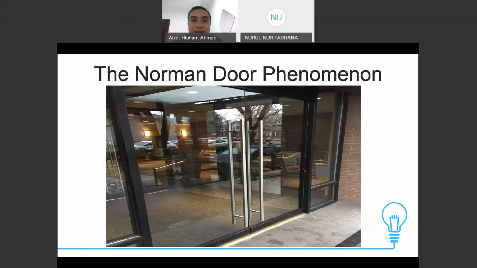Okay, all right, so let's have a look at this photo now. The Norman door. The Norman door phenomenon. Okay, some of you in the School of Management, I think you might know this. The Norman door phenomenon was actually created by a person by the name of Norman. I cannot remember exactly the history, but if you look at this photo here of a door entering a building, okay, I'm not sure if you guys have experienced this, but I have so many times experienced this, especially when I go to the mall, for example, with my family.